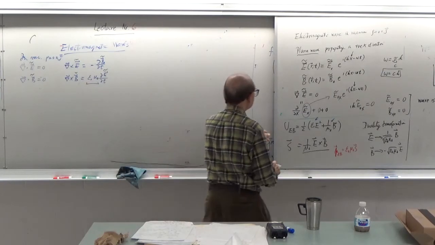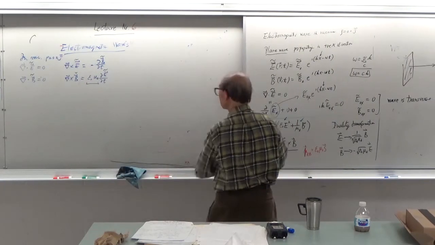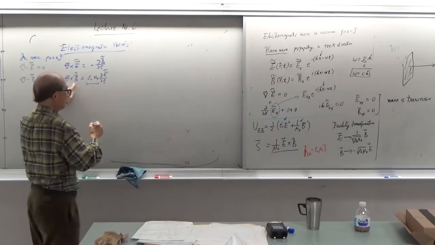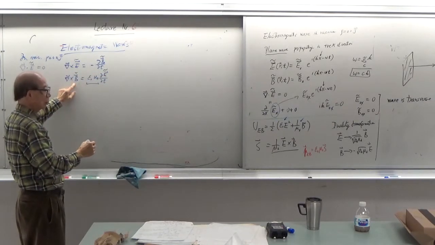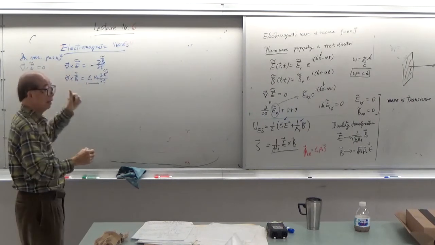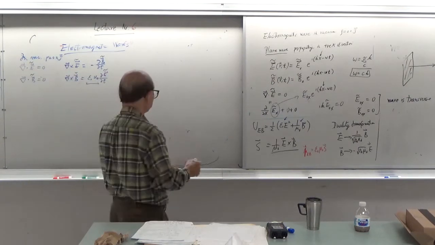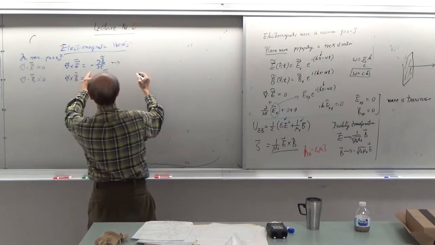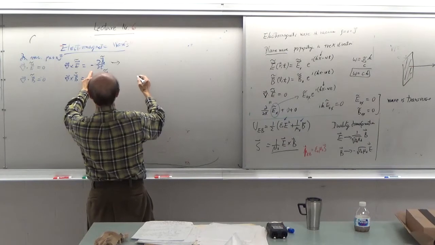All right, now let's take a look at this equation. We can do this equation also, but in fact there's no need to do that because these 2 equations are related by duality transformation. We only have to do one of them. So let me take this equation and look at the y component